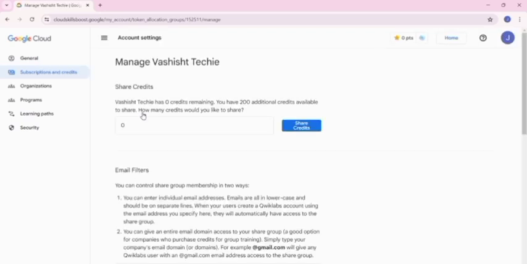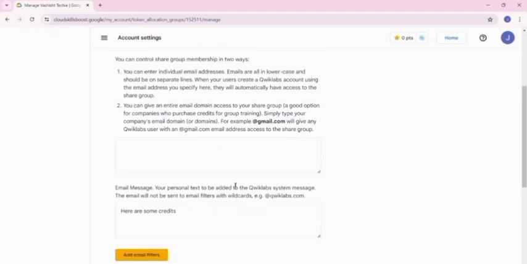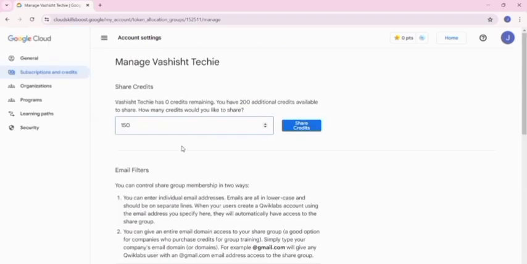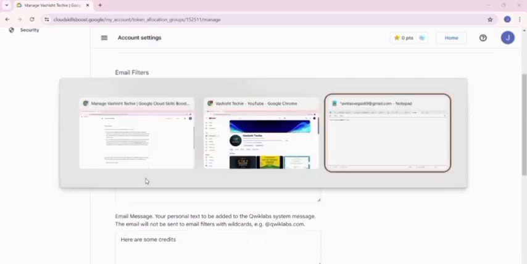Just click on the name of the group you have created. Now you have to enter the number of credits you will be giving. Just enter 150 or any amount. Now you can change the description of this message.